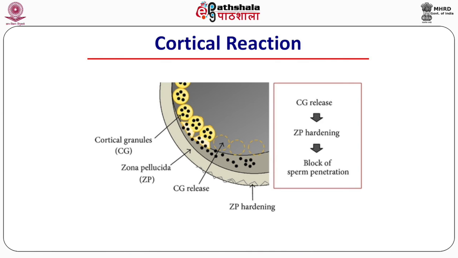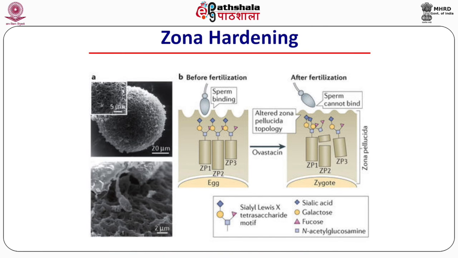These proteases released by the cortical granules react with the zona pellucida and change the glycoproteins of the zona pellucida. This leads to hardening of the zona pellucida and block of further sperm entry. The picture here shows how the zona pellucida is changed